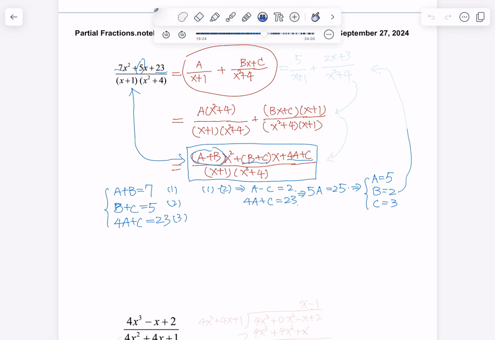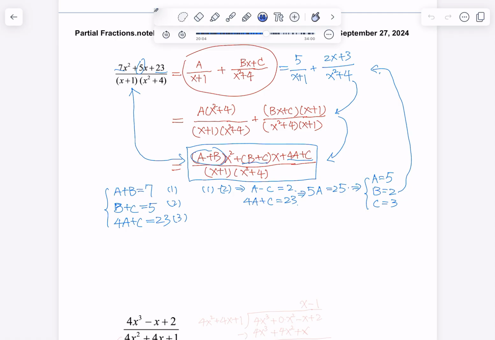Now we use a, b, and c in the decomposition. You will have this decomposition be 5 over x plus 1, plus 2x plus 3 over x squared plus 4. Of course, you would be able to repeat this process, add them up, and verify that this decomposition is correct. And this example is slightly different because the degree of the numerator is actually greater than the